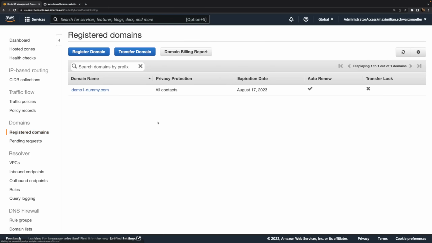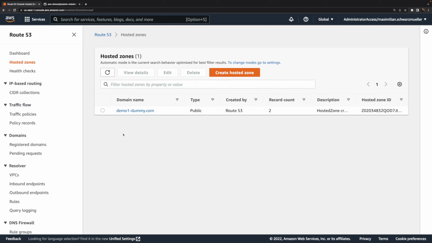Now, once a domain was registered, AWS and Route 53 automatically creates a so-called hosted zone for that domain. And a hosted zone is simply a container for the different records, the different settings related to the domain.